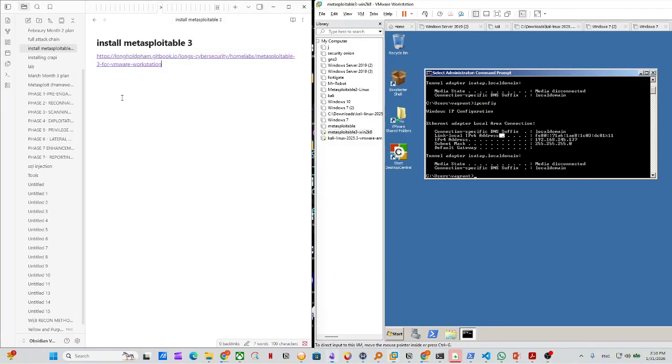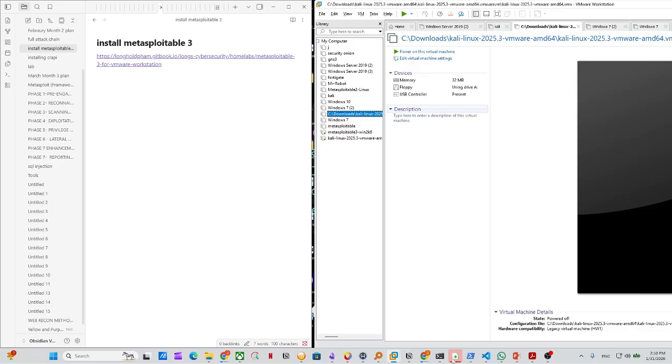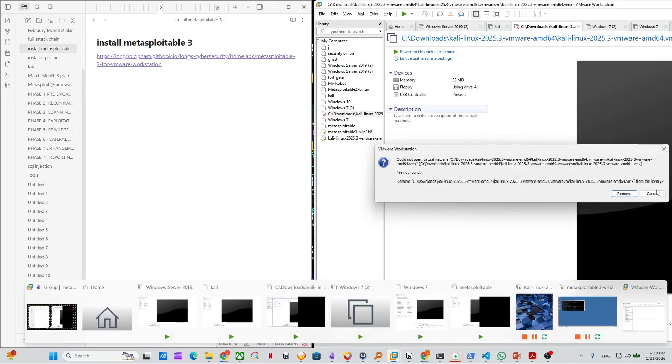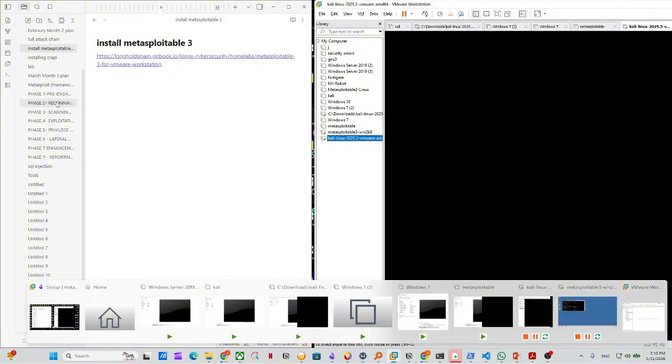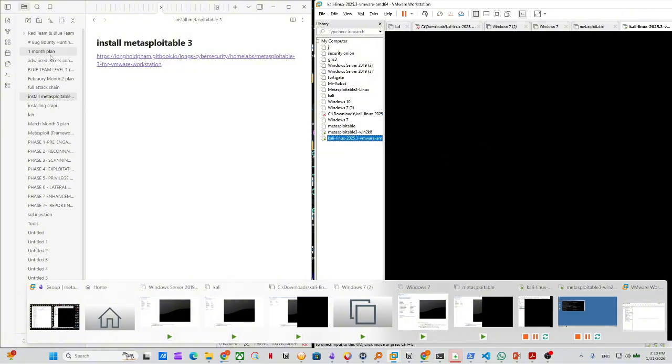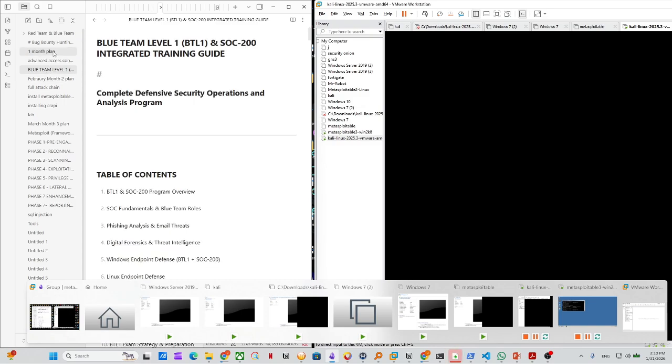Okay, then let's move on to the commands with Kali Linux, and let's go ahead and open Kali Linux. Yeah, this is Kali Linux. So we're going to start with